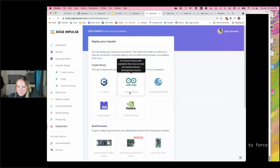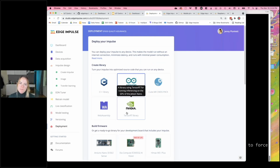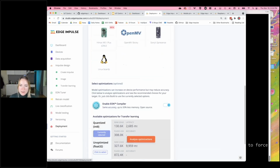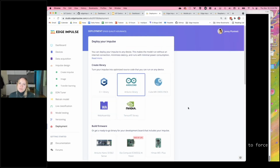Moving on to the deployment tab. Again, because we're using my GitHub repo that I've sent to everyone today, we're going to click the Arduino library to create a library, and then we're going to build and extract those source files and paste them into our firmware that we're going to build with the Arduino CLI. But if you have an Arduino Nano that has an image shield on it, then click on the Arduino Nano 33 BLE Sense picture, and this builds a pre-built proof of concept application that you can directly drag and drop onto your Arduino Nano and get started doing image classification without having to write any code. So that's really cool. But today we're going to choose the Arduino library,